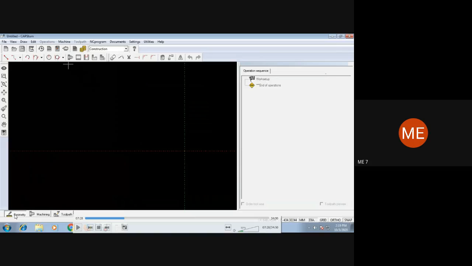Once we go to this tab, we'll have all the options to draw, like line, arc, circle, where you have these icons over here on top, below the menu bar. And onto the left side, we have the zoom in, zoom out, fit, and other options.